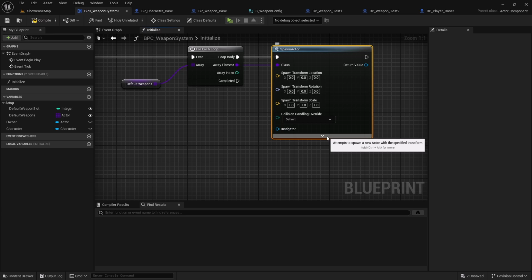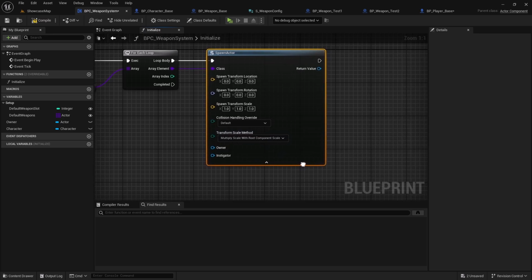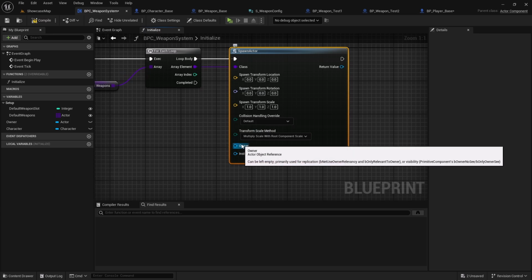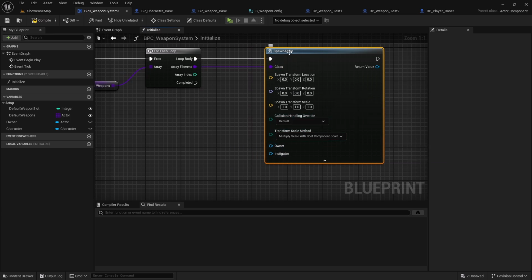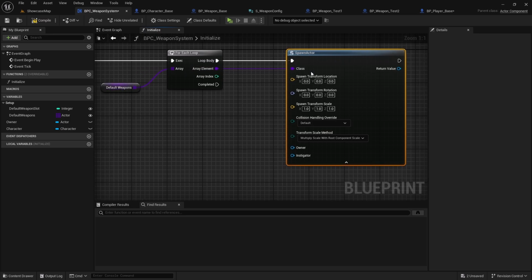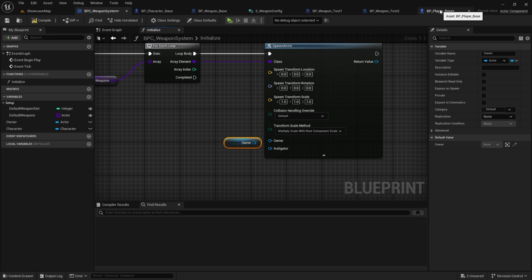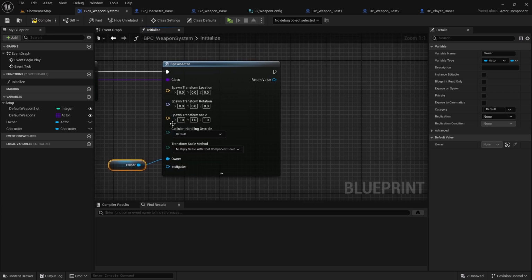And if I expand this node, you can see there is a node called owner, right? Which means who is the actor that is going to hold this specific spawned weapon. So ideally this should be the owner, right? It could be a player, it could be NPC, or it could be any sort of a character. Therefore the owner should be the owner, something like this, right? And then